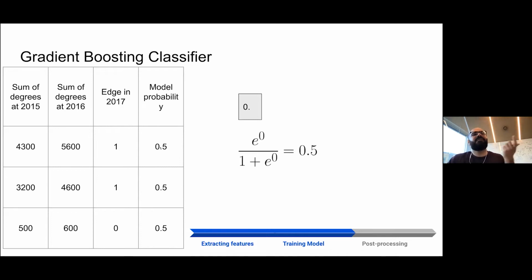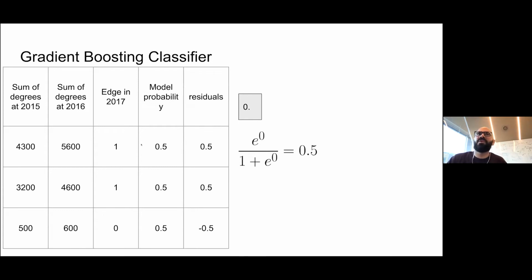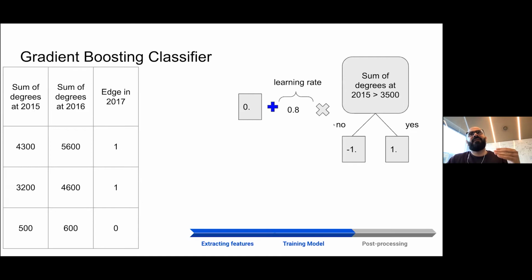Then the gradient boosting classifier works like this: at first we calculate the residual between what we want the model to predict and what it's predicting. So for example, here it's 1 minus 0.5, which is 0.5. And we train a weak learner, which in this case is a decision tree with depth 1, to guess these residuals and perfect the prediction of the model.